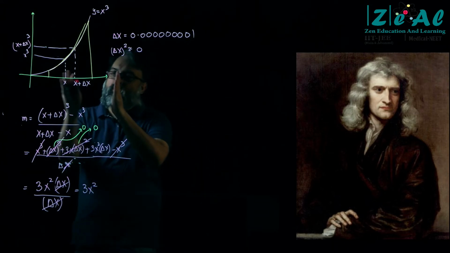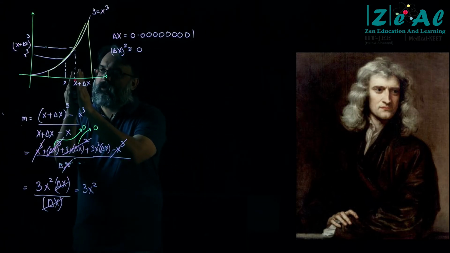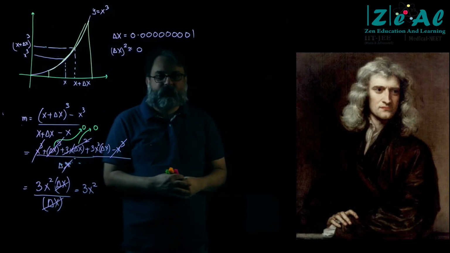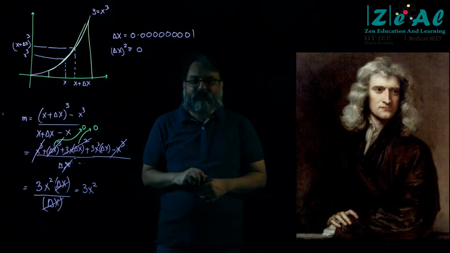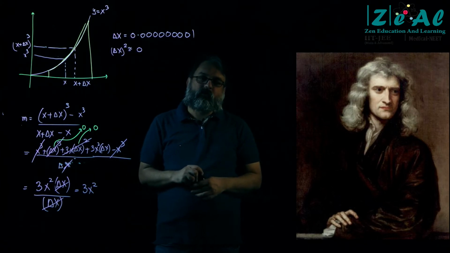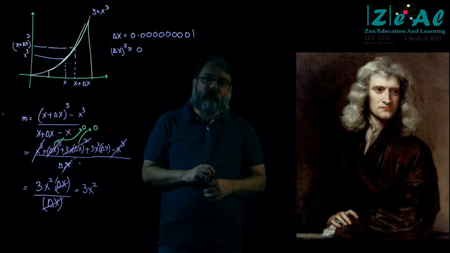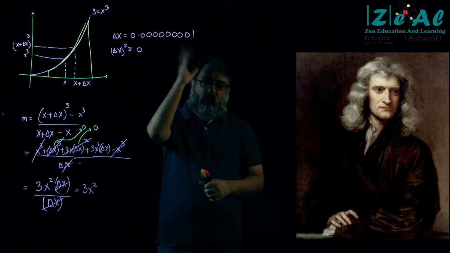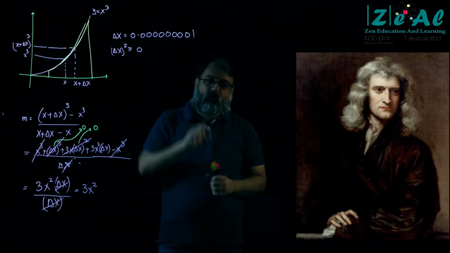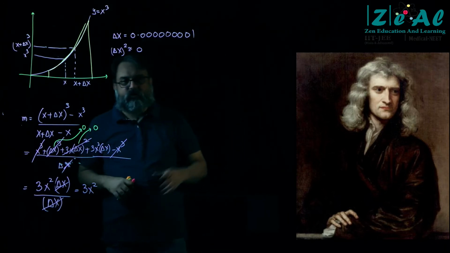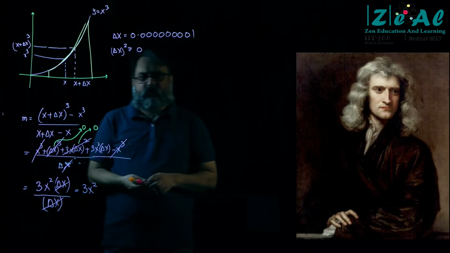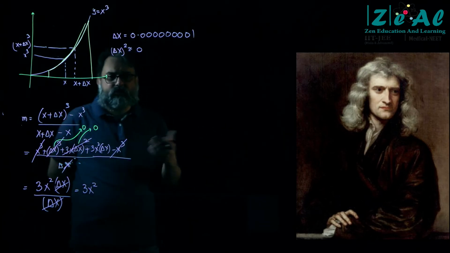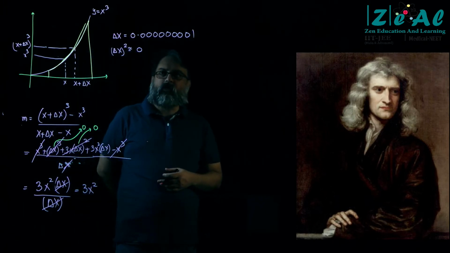So how close should I take these two points so that it is guaranteed that the curve looks like a straight line? This is the question that Newton asked himself, and he tried to answer it in that lockdown period, in that year that he was in isolation. He invented a lot of things in that year. A very wonderful year for science. In fact, that's the beginning of science as we know it.